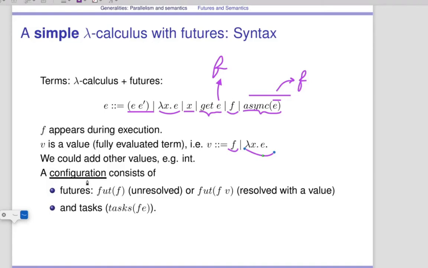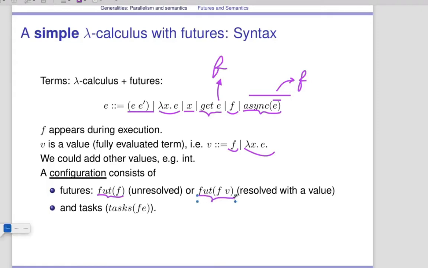We'll do like we did quite often in our semantics. We have a different setting at runtime. At runtime, we'll have configurations that are built from terms. And what is a runtime configuration? It's a set of elements. Some are fut of f, which means the future f has been created, but it's not resolved yet.